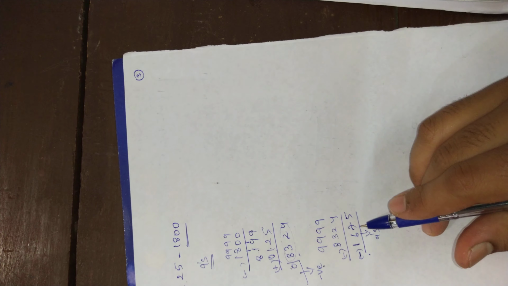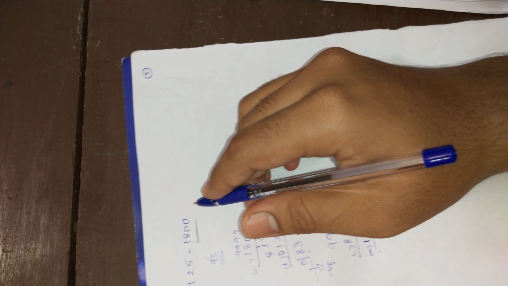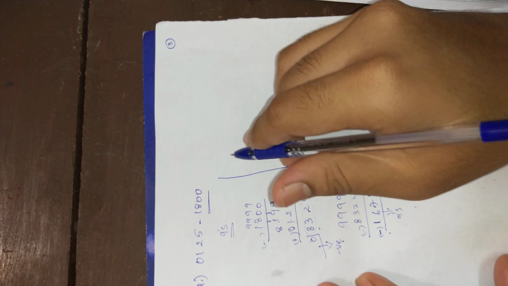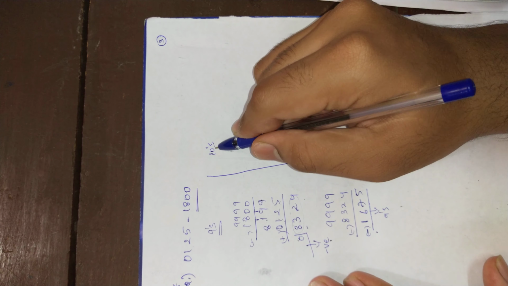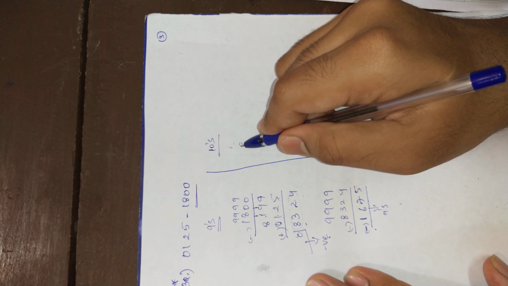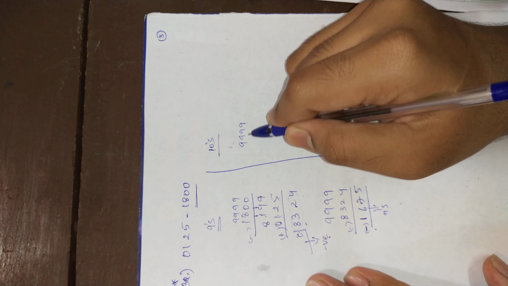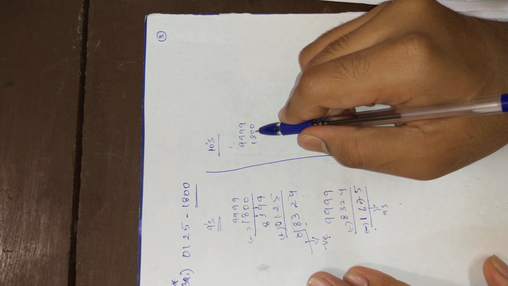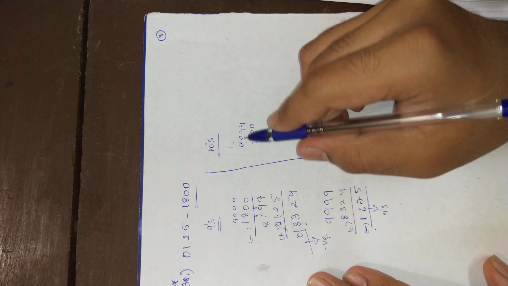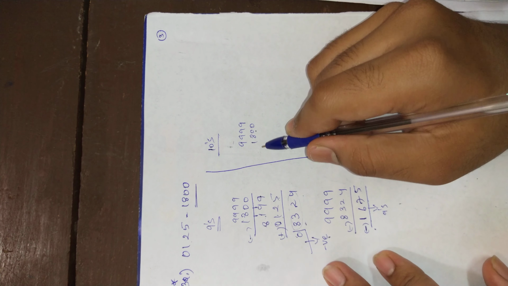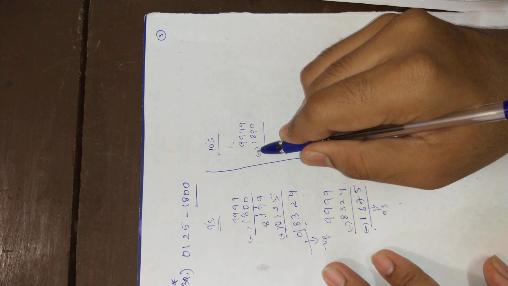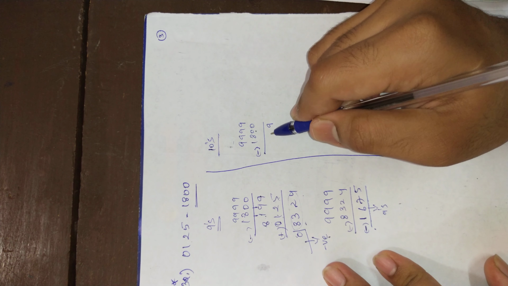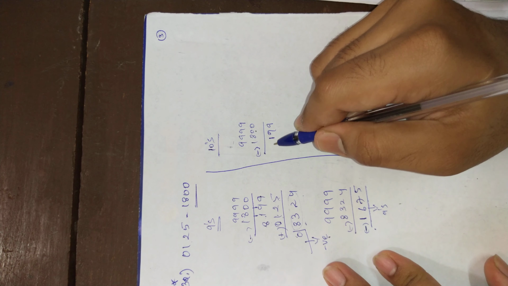For 10's complement what are you going to do? Same as 9's complement, but at the last you have different steps. For 10's complement, first do the 9's complement to it. First write 9999, then write 1800. On the upper part you can write 9999 so that there is no mistake. Here you are going to do subtraction. 9 minus 0 is 9, 9 minus 0 is 9, 9 minus 8 is 1, 9 minus 1 is 8.